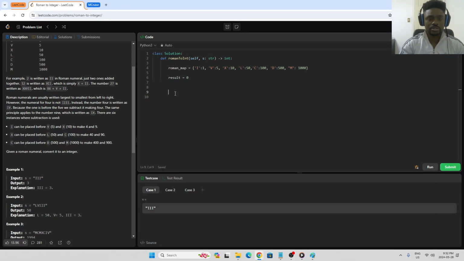So let's go ahead and do this. So I'm going to say pointer. We're going to use one single pointer for this, starting at the first index. So while our pointer is less than len of our string, what do we want to do? So we're going to say, if s at pointer and s, or rather if pointer plus 1 is less than len s,